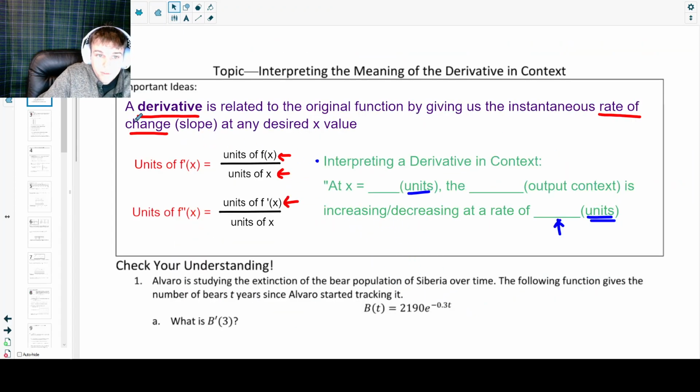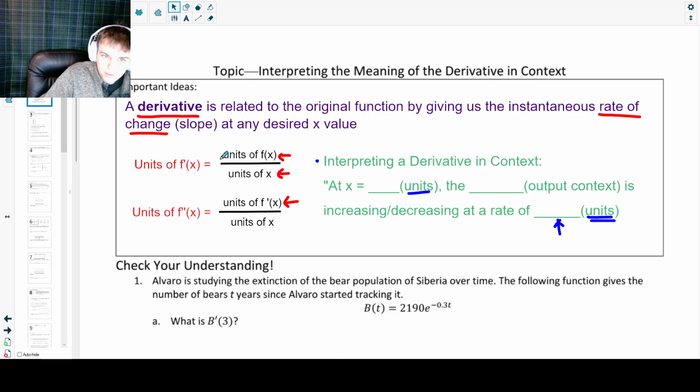Anyway, we'll move on finally to our last part where we summarize some of these ideas. I already got some stuff underlined, but that's okay. So a derivative is related to the original function by giving us the instantaneous rate of change, the slope. Rate of change is slope, right? At any desired x or input value. So a derivative gives us the rate of change of our original function. The units of our derivative f prime of x are always going to be the units of f of x, the output of our original function, per the units of our input variable of our original function,